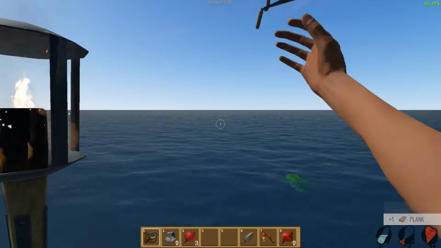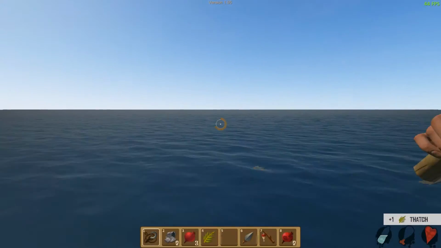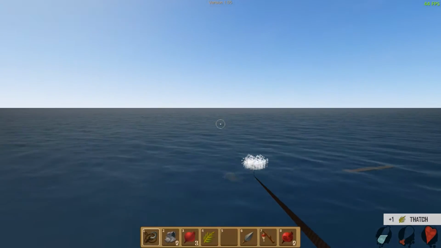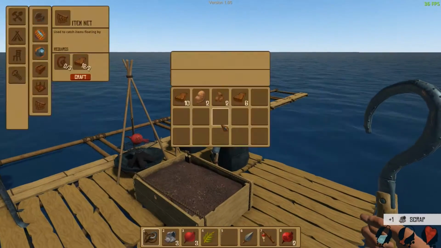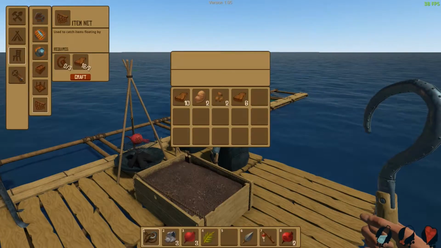There's some scrap as well. I want thatch along with the thatch. No way. Come on, scrap. Come here. There we go. Okay. Then we want...